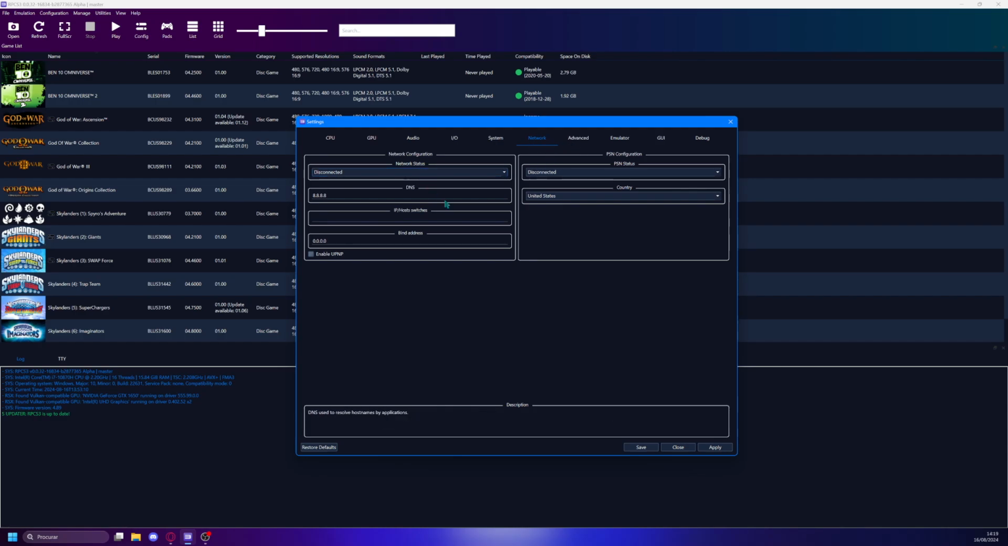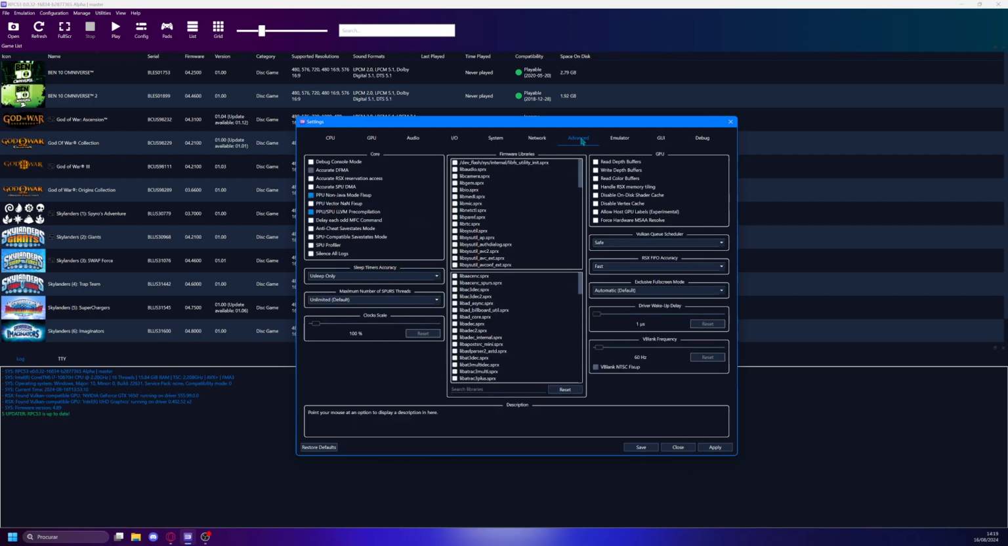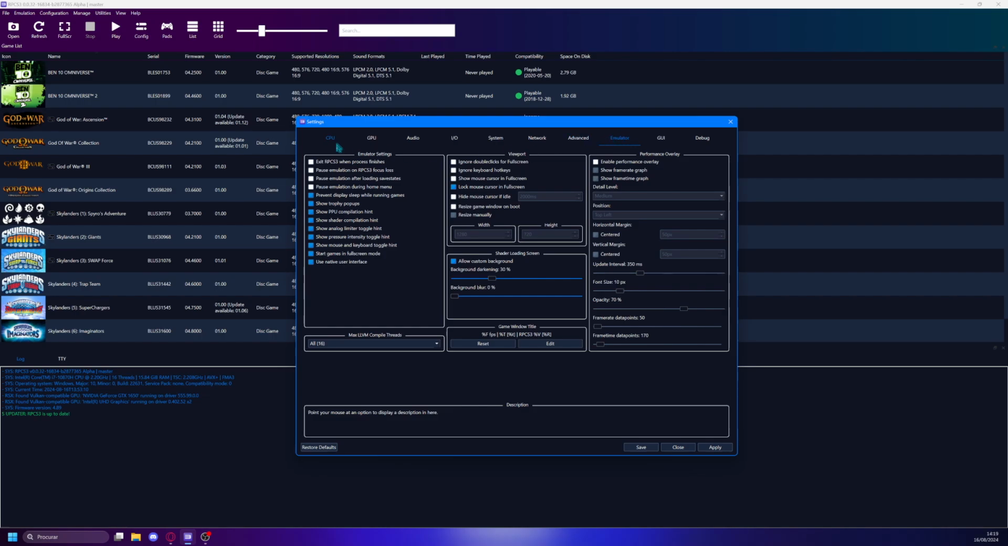The network, you don't need to worry. Also, there are just some games that might require you to change the network and PSN status. On advanced here, these firmware libraries, I don't think you will ever need to check any of the boxes, so just keep all of them unchecked, and feel free to copy the rest of the settings or stick to the default settings. On emulator,